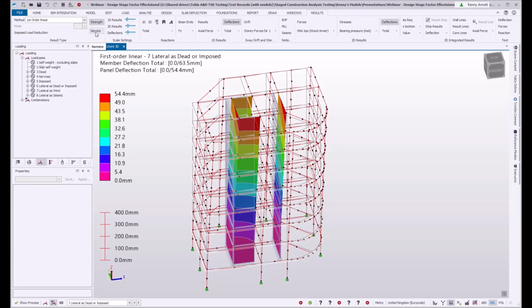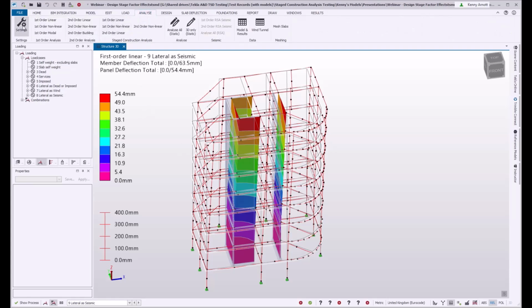Then I look at the deflections for service, so it's exactly the same load with exactly the same factors, and the results don't change. And if I then go on to look at the next combination, wind, strength, service, nothing's changing, seismic, strength, nothing's changing. So for a linear traditional 3D analysis, the same stiffness adjustment factors get applied throughout, so you end up with obviously the same load, same results.